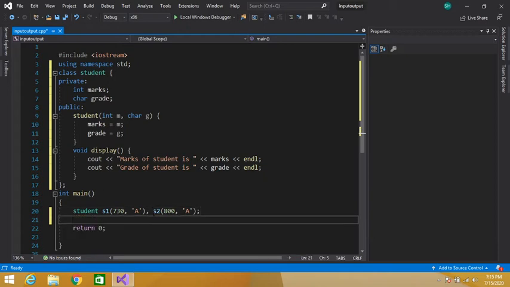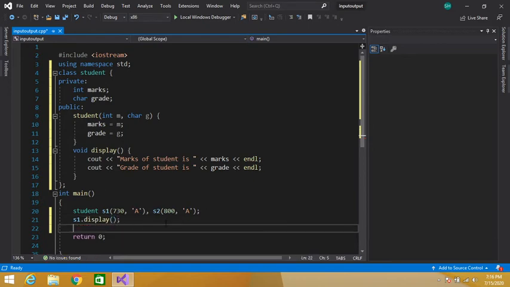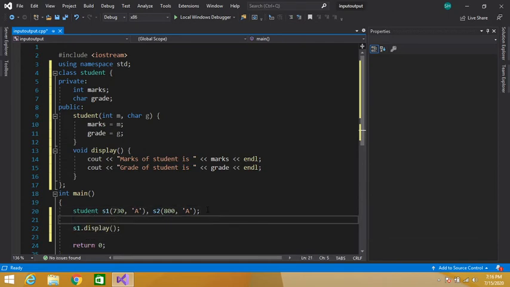Okay, now let's call our display function to display these values. How can we call it? Simply write the name of the object of our class, s1 dot display. Similarly, we can call our second function. Okay, let's show the user that we are displaying the record of student.